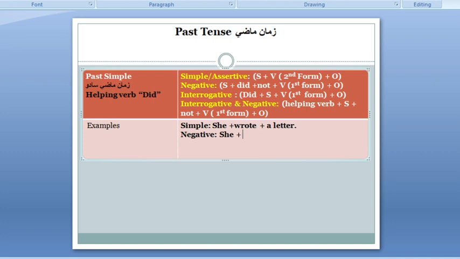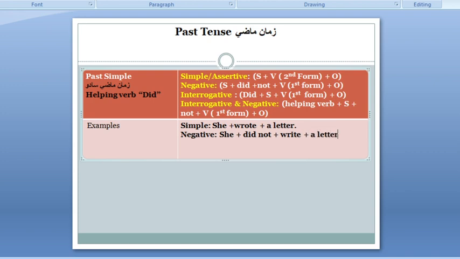Now when we use did, she did not. Now we cannot say wrote. It will be completely wrong because when we use did not or did, the second form of the verb will be changed into first form. So she did not write